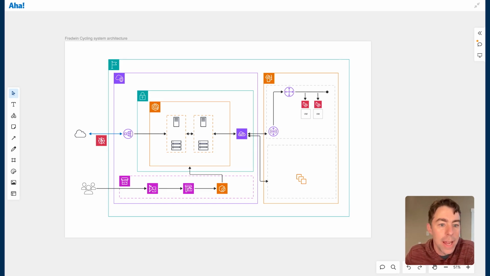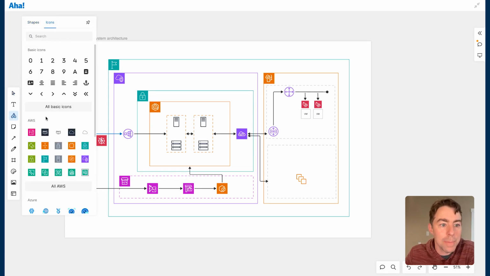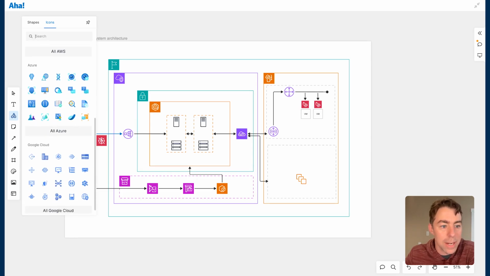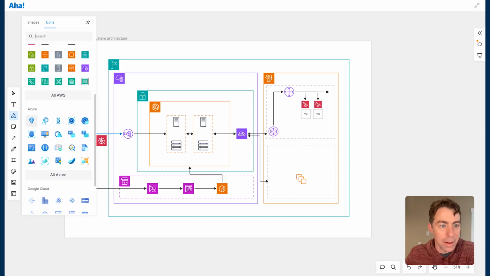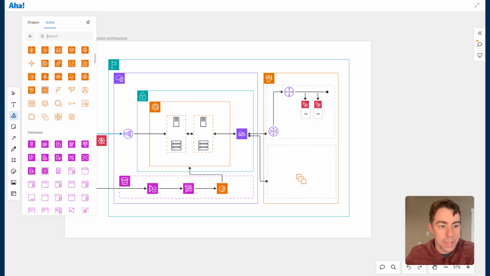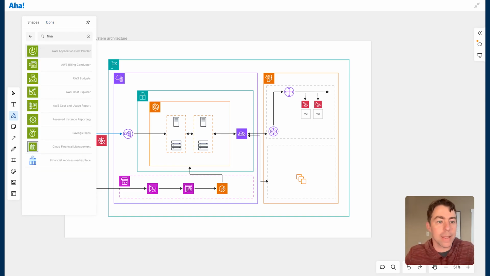app's architecture. If you go to build one of these for yourself, you're going to open the icon menu, skip right past the basics, and get into these libraries of architectural icons we've got. There's one for Amazon Web Services, there's Azure, and there's Google Cloud there. I can click into any of these and see those subcategories. There's computing and database, that sort of thing, or I can start searching, right? And there's everything to do with finance that I might want to add.